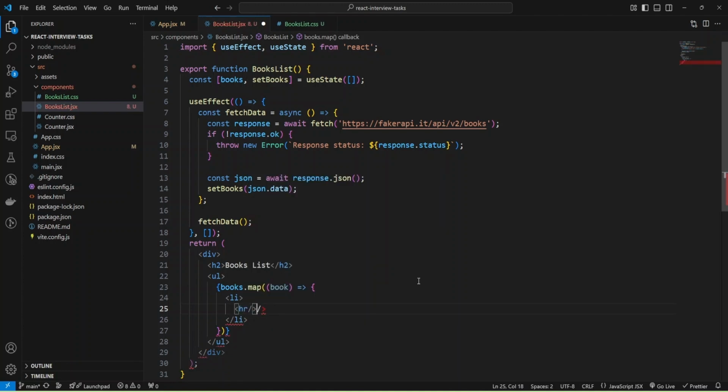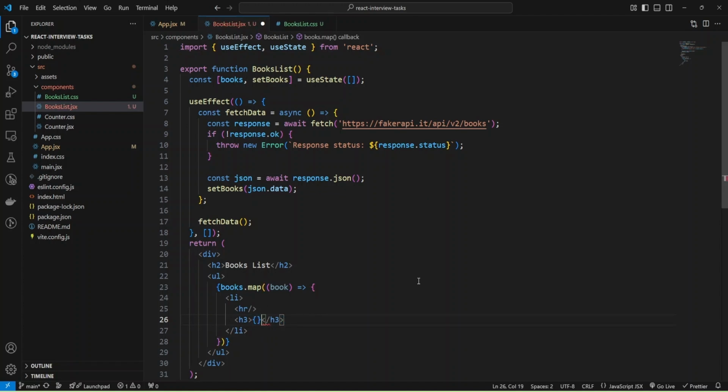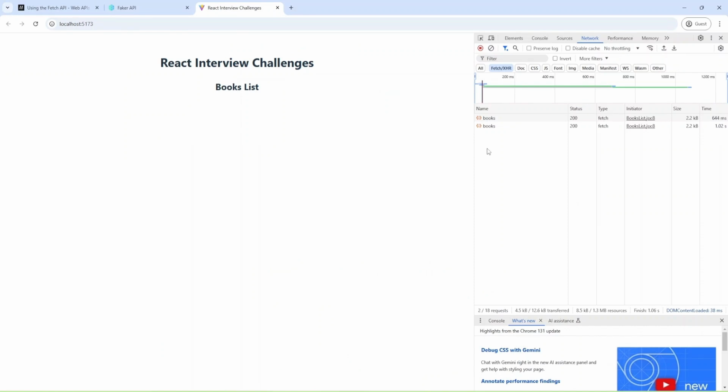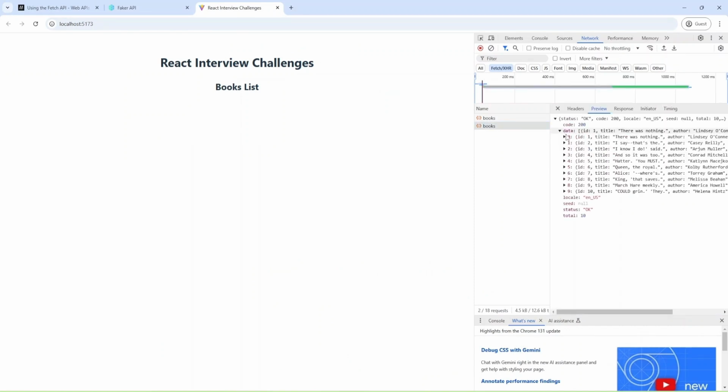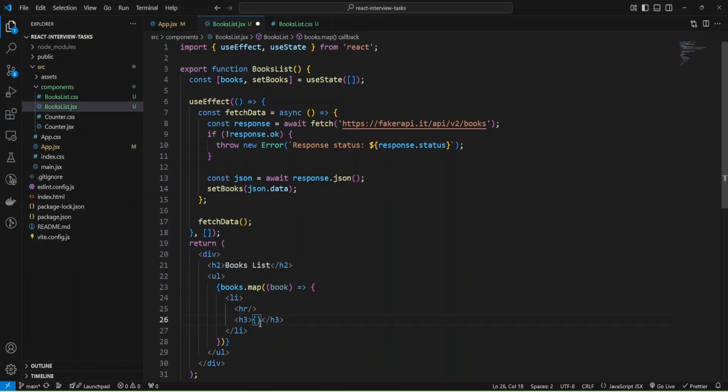Okay, and also let's add some h3 header, and inside the header, let's check the response of what we have inside books, and inside books we have title, and I'm going to use book title.